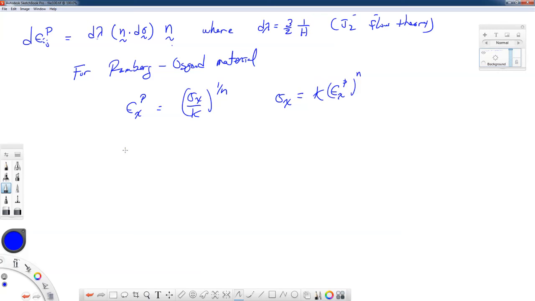If we want h, if we want to find that, it's the derivative of sigma with respect to epsilon plastic. Well, let's see, we've got k times n epsilon x plastic to the n minus 1